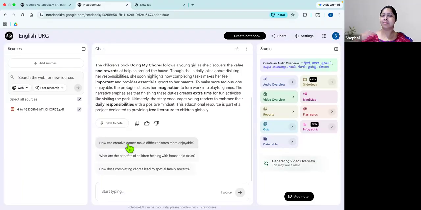But then इतना ज़्यादा बच्चे नहीं revise करते हैं. Why? Because there is no proper planning and they don't find it very interesting to read the text always, right? So here actually this helps us